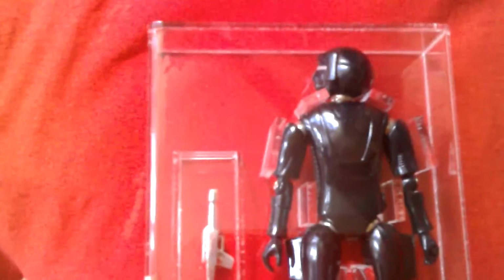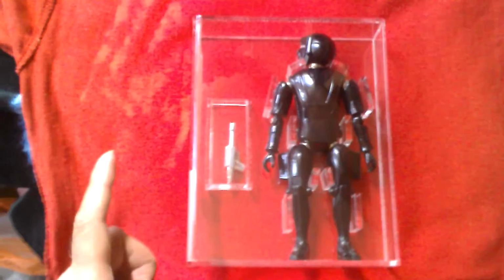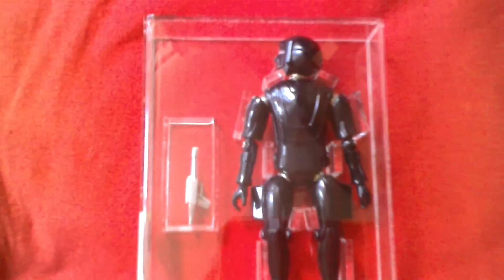Okay, we've got something really nice here. This is the Mego GIG, only sold in Italy, magnetic S.T.A.R. So S.T.A.R is a legendary figure. He's one of the toughest Black Hole figures to find. The 3 3/4 inch version of S.T.A.R is really tough to find. And the humanoid figure that was also only sold in Italy and Canada is one of the rarest action figures ever. But to get S.T.A.R is just brilliant, and